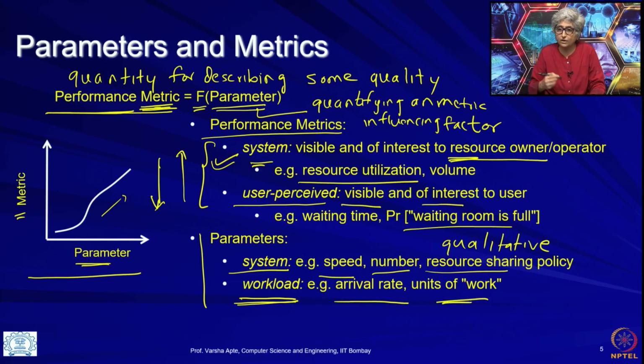And so if there is a ticket vendor, one person may just want to buy one ticket quickly and go, but the next person might come and they might spend a lot of time choosing the seats and so on. So it is a different amount of workload that came to the ticket vendor, right. So how much unit of work is coming to the resource, that will also be determining the metric, but it is a workload parameter, it is not the characteristic of the system, it is the characteristic of a user.